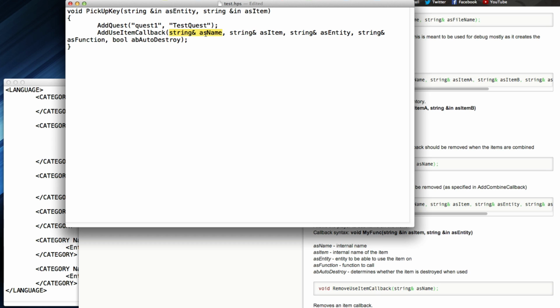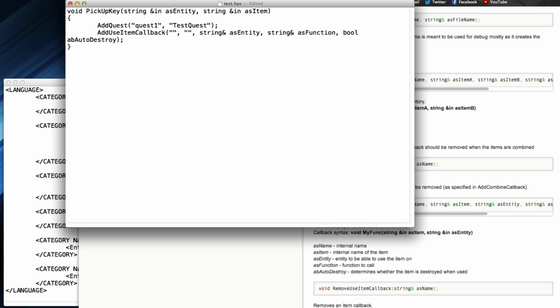Add use item callback, string is name. This is the internal name of this callback. So if you want to remove the callback so you're no longer able to do this at some point, then you can put in a name there and remove the callback at some point later. But I'm going to keep it blank since I'm not going to do that.